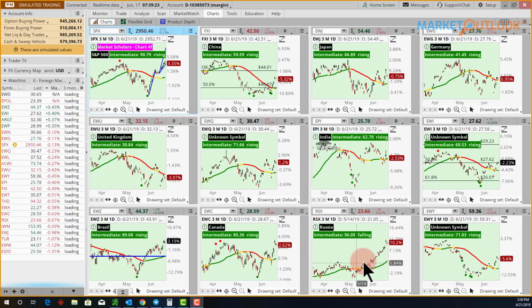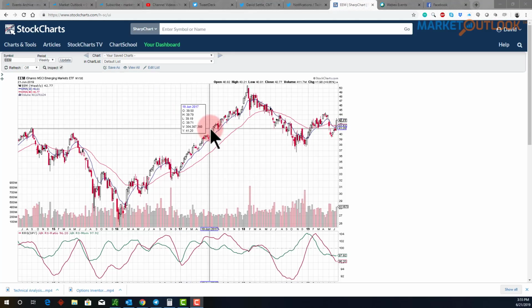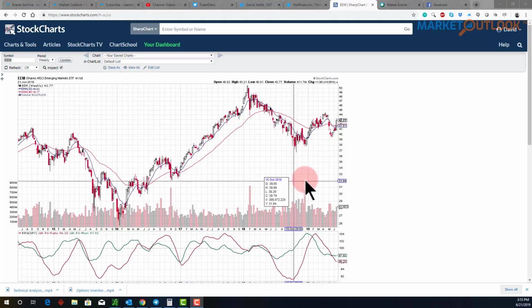Everything else, and you can see Russia continues really to take off there. And you can see Brazil is getting back to new 3-month highs. Canada's flirting with new 3-month highs. All across the board, really good potential returns. Remember, emerging markets are extremely undervalued relative to U.S. stocks. All right, so here's the relative strength chart, the relative rotation graph off of StockCharts,